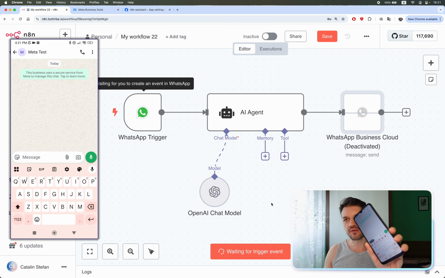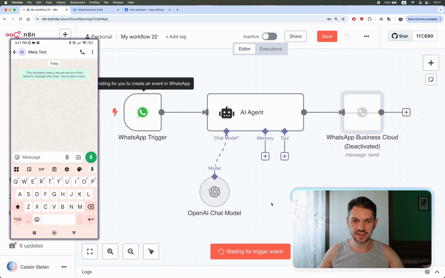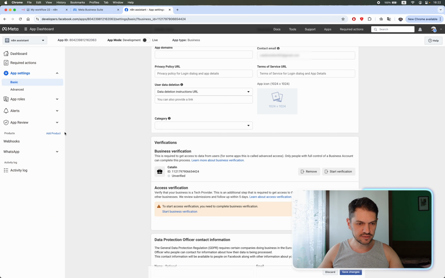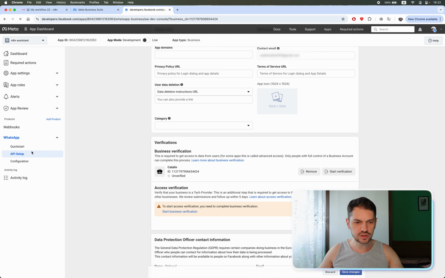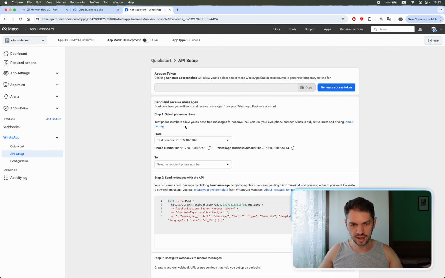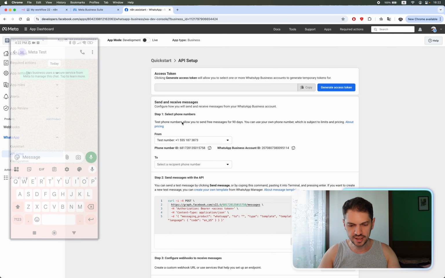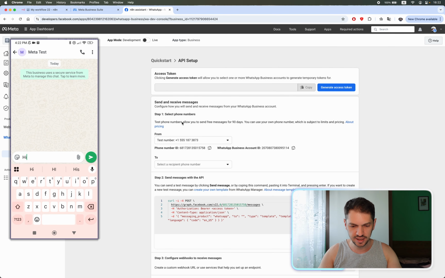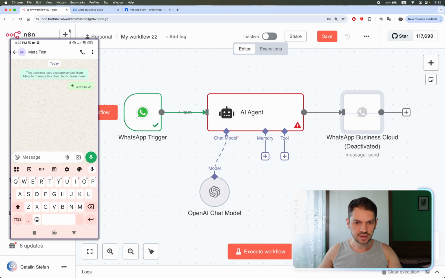And I have here my phone with my meta test. Okay, so the meta test number on my device is going to be the number that we have here. So if I go to API setup, we have our test number. So I've registered that as meta test. Okay, so if I just send a hi message and go back to the workflow, you can see that the message was received. The AI agent had a problem, but that's perfectly fine,